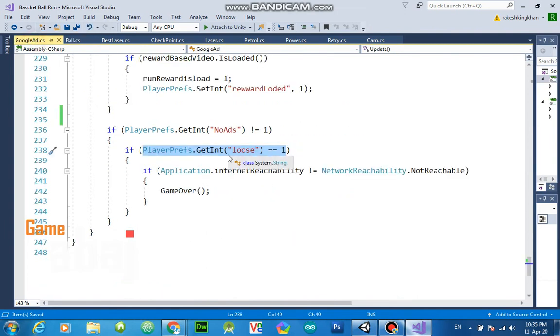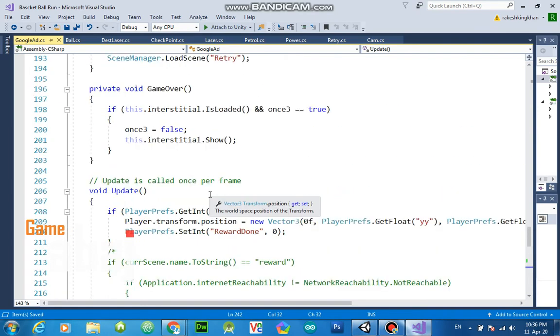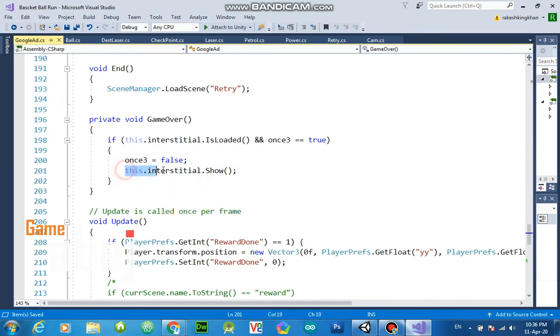When it turns to 1, it means that someone lost the game, and when he loses, if the internet is available, it runs game over, and game over simply shows the interstitial ad.